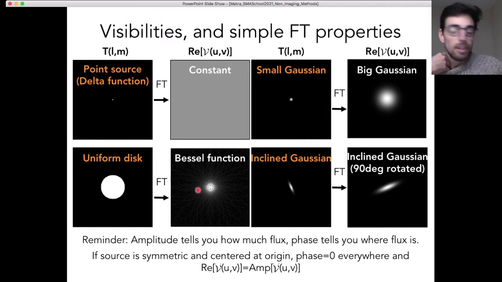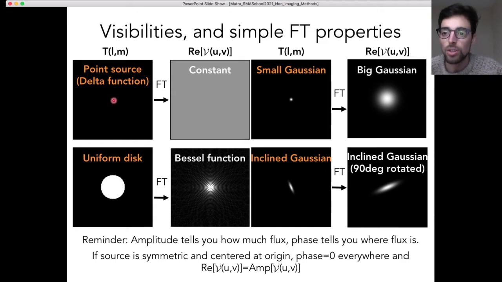So one important thing to remember is that the amplitude, so here we've looked at the real part of the visibility function, but just a reminder that the amplitude in general tells you how much flux comes from your source, and the phase tells you more or less where the flux is. Okay, so if the source is symmetric, so centrally symmetric, and is centered at the origin, so at the center